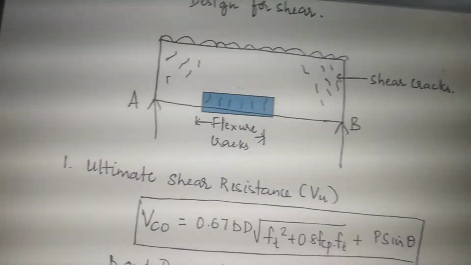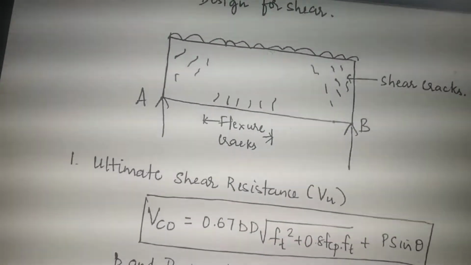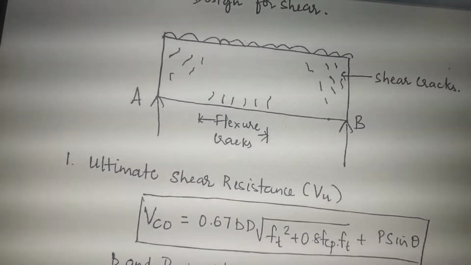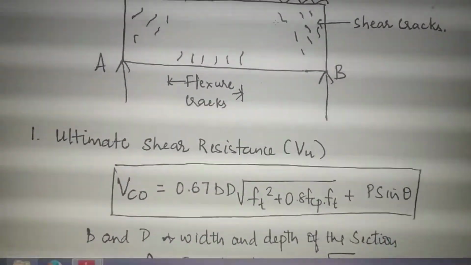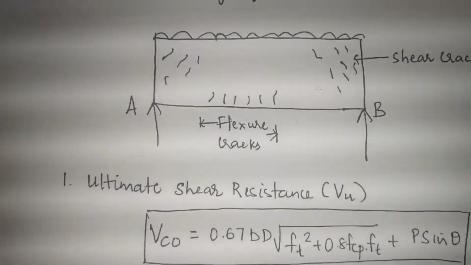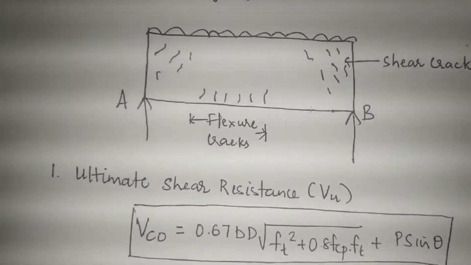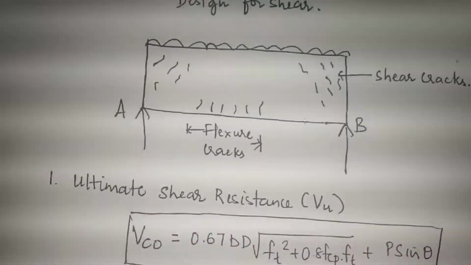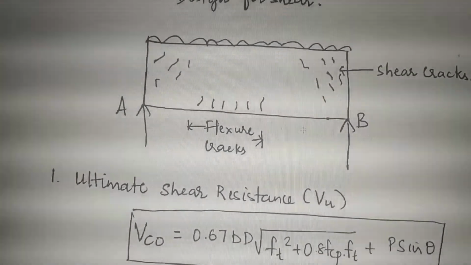If it is not provided with any reinforcement, this crack will try to propagate till its top fiber, that is the compression face, and there will be widening of the cracks due to the loading, and then there will be a failure of the concrete section. That gives a brittle failure. In order to avoid brittle failure, the sudden collapse of the structure, and also to enhance the ductility and to resist the tensile forces or flexural stresses, reinforcement is given in certain pockets of the cross section.